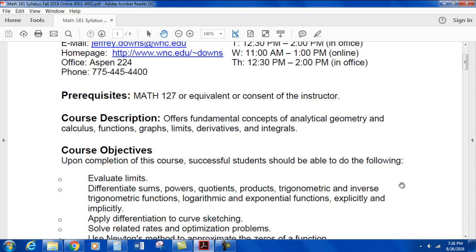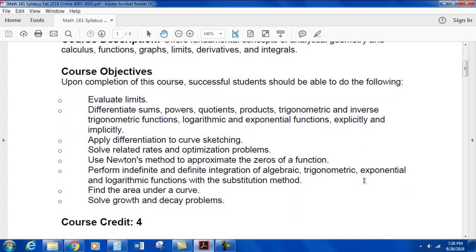Prerequisites: Math 127 or equivalent or consent of the instructor. Course description offers fundamental concepts of analytical geometry and calculus, functions, graphs, limits, derivatives, and integrals. Course objectives: upon completion of this course, successful students should be able to do the following: evaluate limits, you'll learn that early on, differentiate sums, powers, quotients, products, trigonometric and inverse trigonometric functions, logarithmic and exponential functions explicitly and implicitly,